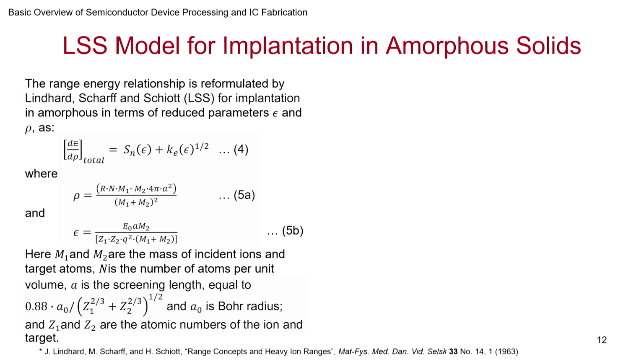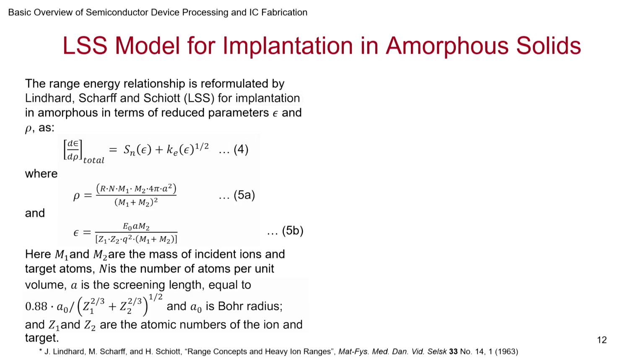Okay, and you can go through that and you can see how the screening distance A plays a role. And this is where I said that if you have hard-ball interaction, a billiard-ball type of interaction, they have to hit each other. Here, even from far, the Coulombic interaction will take place, and that is where the screening parameter A comes in.